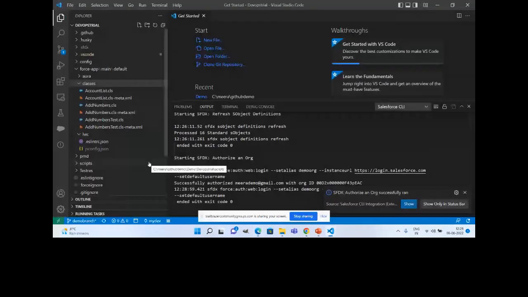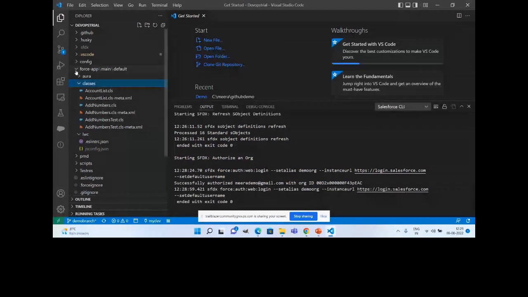Okay, that got authorized. That means your current Visual Studio repository is connected to my dev environment. Now, what we are going to do is modify your class.